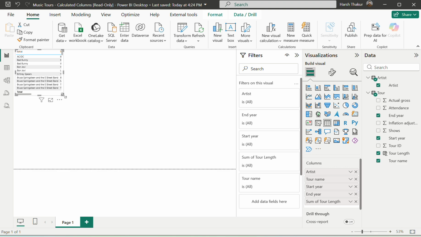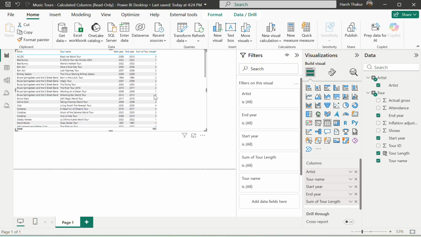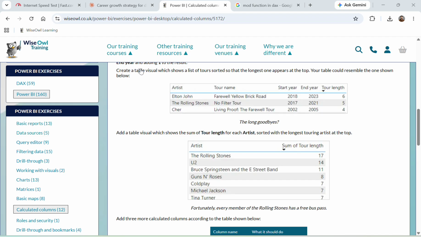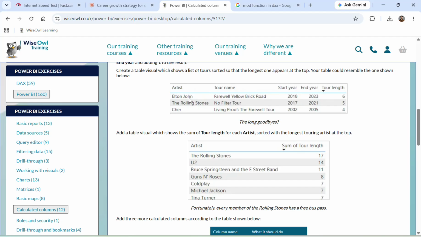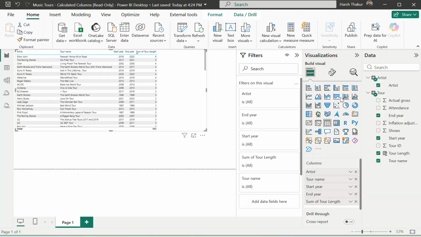If I just drag this like this, and if you want to get the same output, if I just sort it by descending order here, like this, so Elton John is the one with 6 years of tour, this one, and then